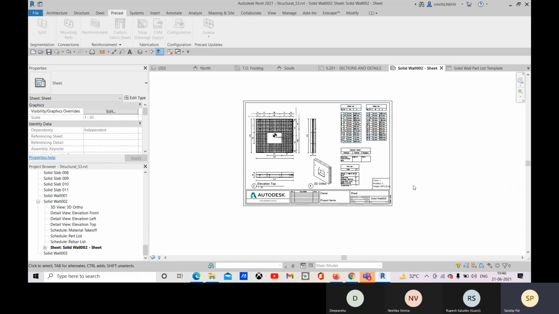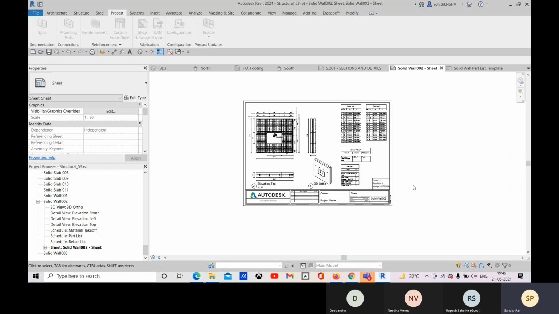So shop drawing is the drawing where all the details for fabrication and manufacturing are provided, and the estimations are provided. So all the plan view, your elevation view, section details, and the isometric or the 3D view will be added. Your material takeoff will be added, and all the other project related information in the title box will be added. This is about the shop drawings.